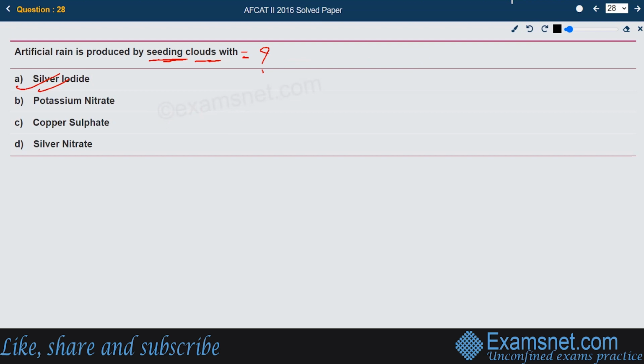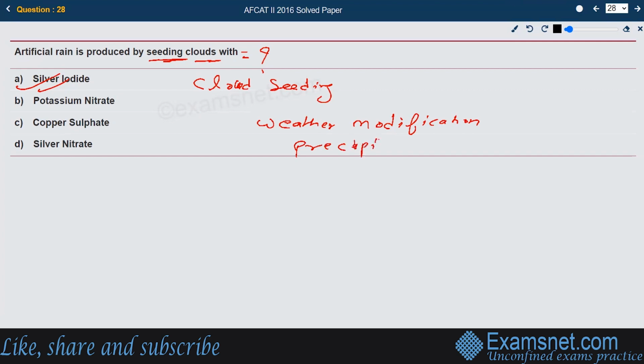Okay, cloud seeding is a form of weather modification. The term cloud seeding that is being used here is a form of weather modification. We can term this as a phenomenon of weather modification, and the aim is to increase precipitation. Another word for rainfall is precipitation. Okay, this is what artificial rain is created for, and this includes silver iodide, potassium iodide, and dry ice also. Okay, these are the three substances that are responsible for the artificial rain,